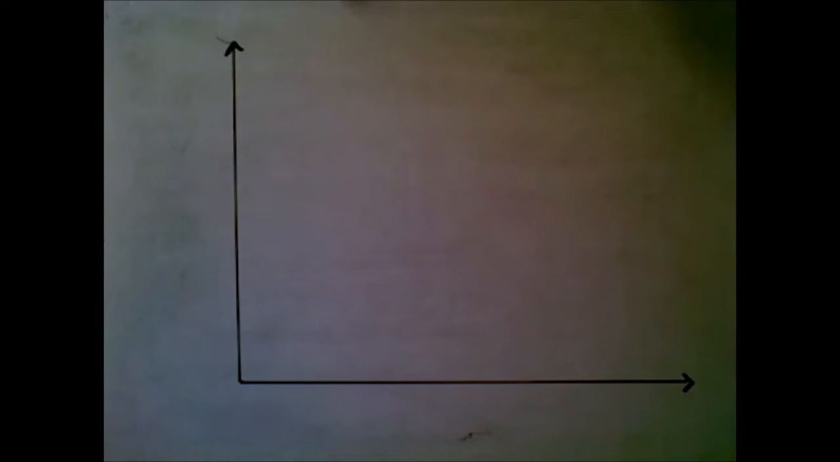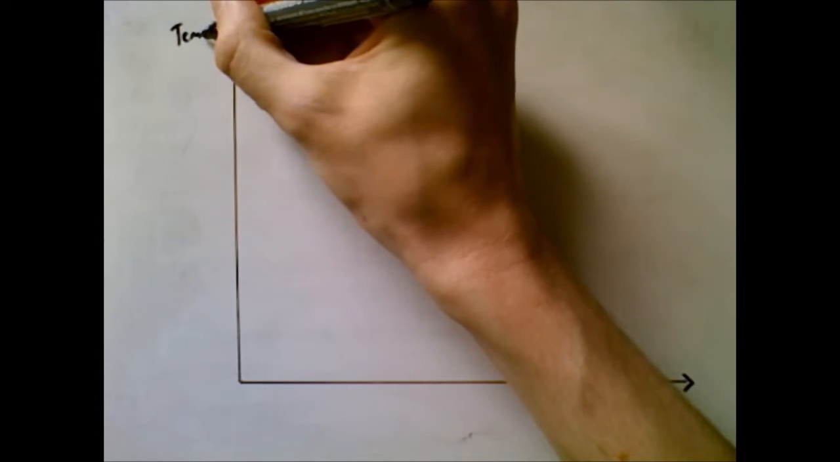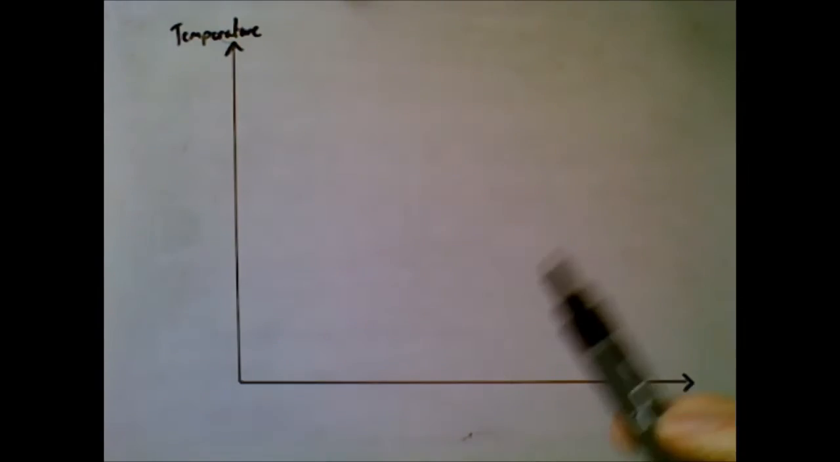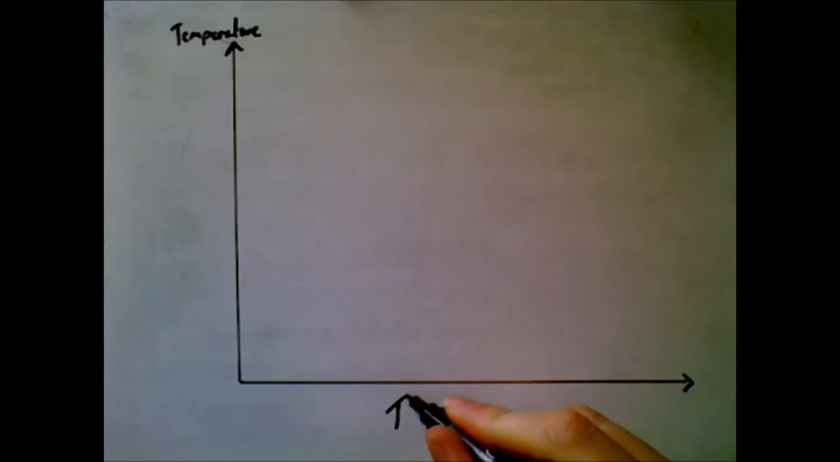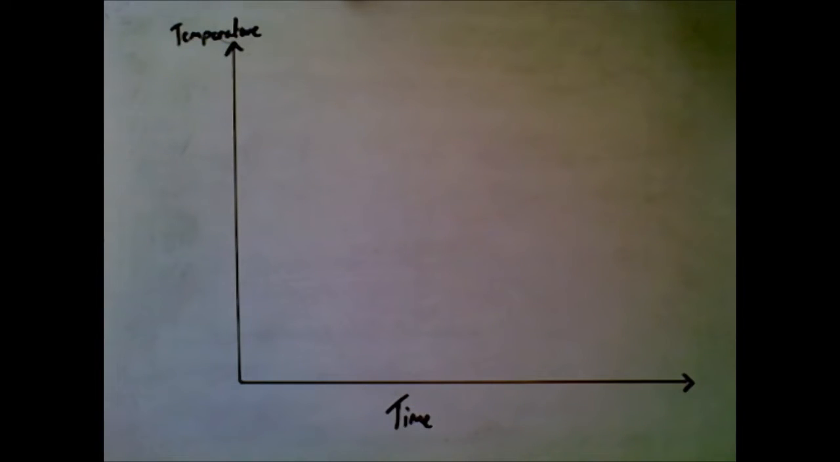Okay, you can see I've got my axes here, and so I'm going to have temperature here on the y-axis. Now I don't need to put units on because it's just a sketch graph, but obviously if you're actually plotting it you would. And then I've got time here on the x-axis. So temperature on the y-axis, time on the x-axis. And this is showing as we heat up